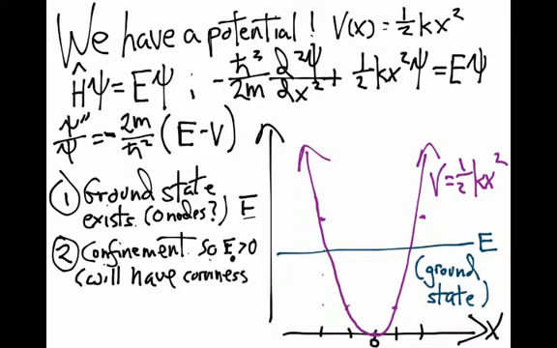So let's have a look at this. Well, the confinement always shows up in terms of these things we call classical turning points. So where the potential and the energy are the same, we're circling it in red. And those are what are called classical turning points. That word classical is always important. And there, energy equals V, so E minus V is equal to 0. And that means that psi double prime has to be 0,